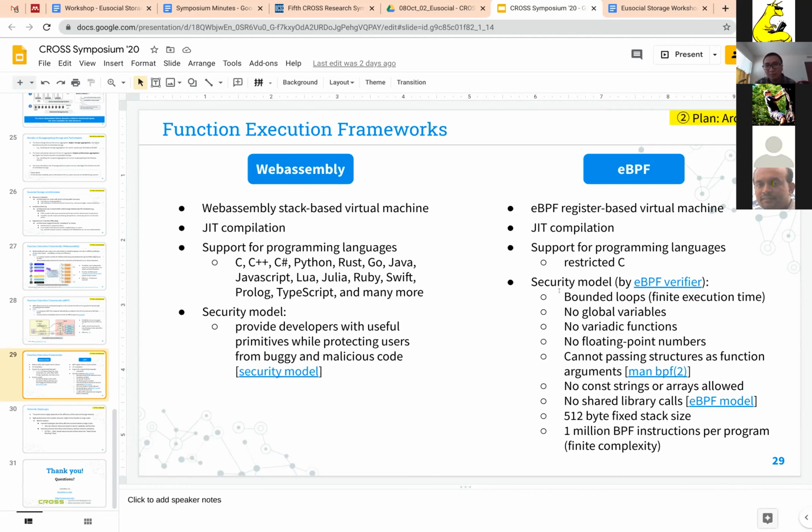So let me ask you, sorry, I'm interrupting. Let me ask you the same question in a different way. You mentioned FPGAs and such. Do you think more people in the world know how to use an FPGA, or more people know how to program in eBPF? Definitely more people know how to program using FPGAs. So then shouldn't we be focusing on the more popular developer-oriented technology rather than this kind of limited technology?